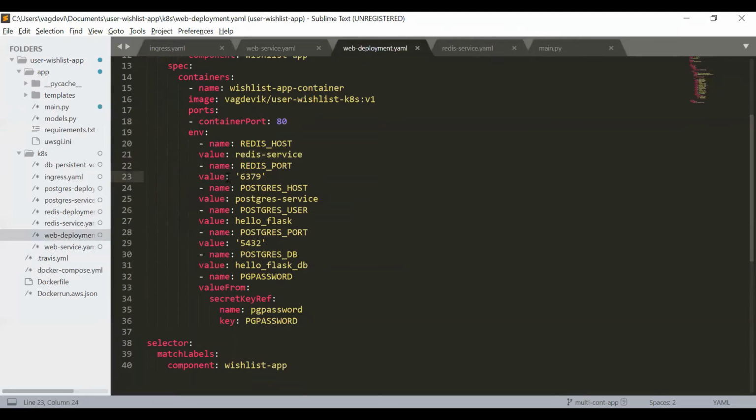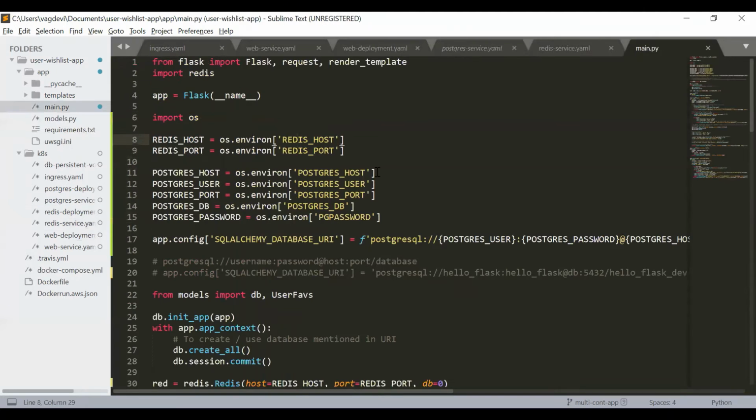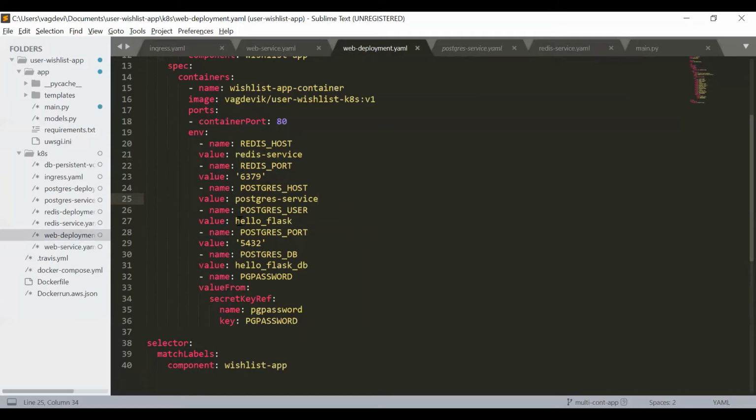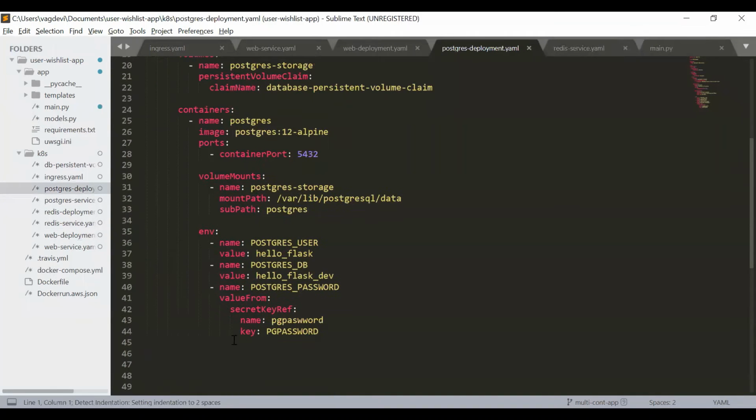And then the Postgres host is Postgres service. This is also defined in the Postgres service file according to the metadata name. Similarly, the username is defined in the Postgres deployment in the environment variables, right?